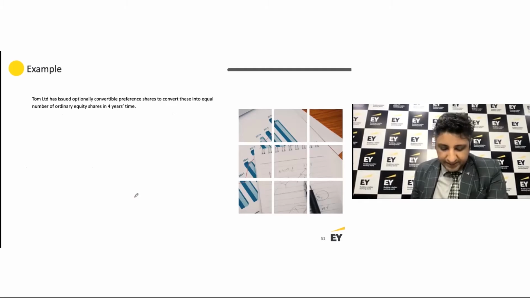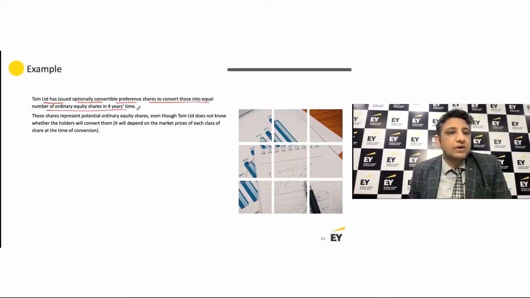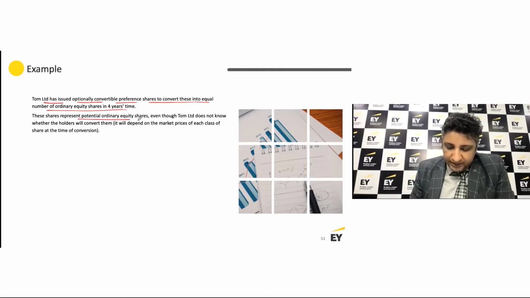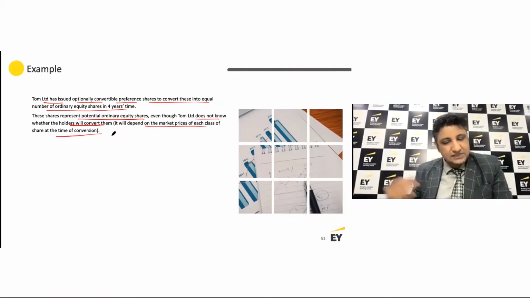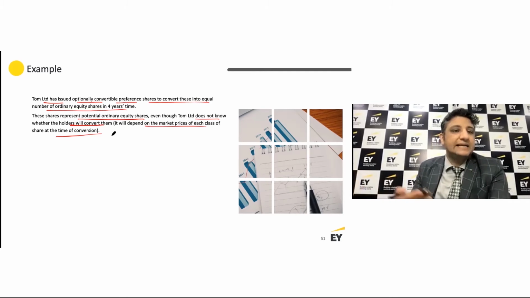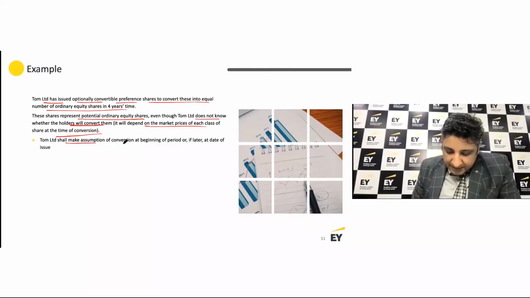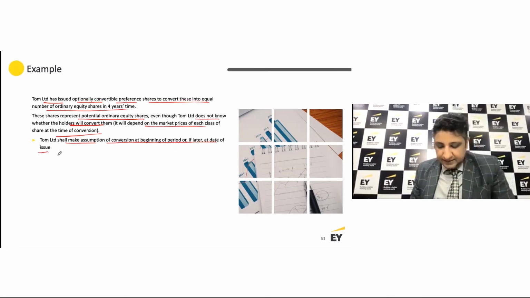Now it's provided as a small example. It says that Tom Limited has issued optionally convertible preference shares to convert into an equal number of ordinary shares in 4 years from now. Now, these are again potential ordinary equity shares. We don't know whether the conversion will happen. It all depends on the market price, whether it is favorable to the holder if he has an option, or whether it is favorable to the entity if it has the option. So from that perspective, you as a company are making an assumption that the conversion would